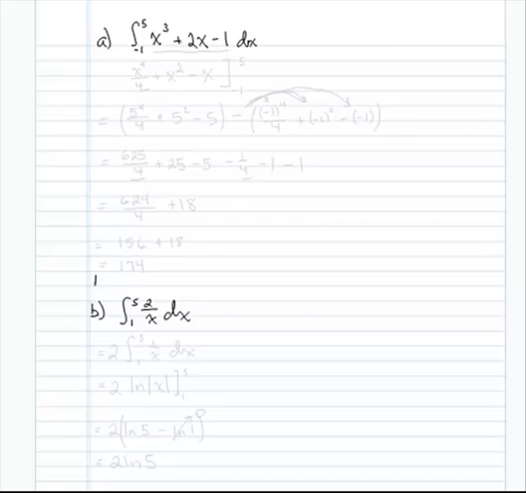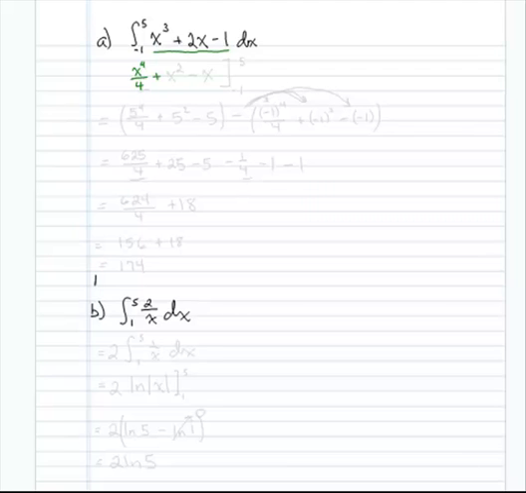So we're going to calculate a couple definite integrals here, and we'll talk a little bit about the notation. So the first thing we do is we find the antiderivative of our integrand. So we had some practice at that, so we're going to use our rules. So the antiderivative of x cubed is x to the fourth over 4